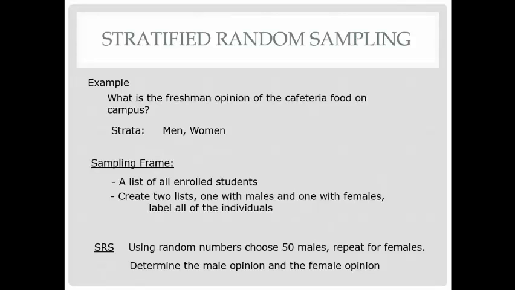All right. So what a stratified random sample allows us to do is look at maybe there's a difference in the opinions. It also guarantees us that both groups have a voice. Because let's say we just wanted to,